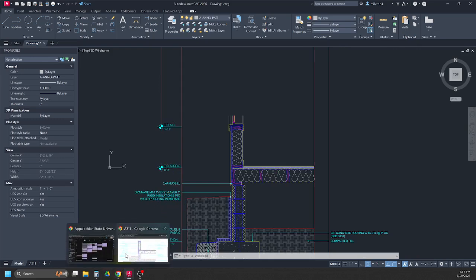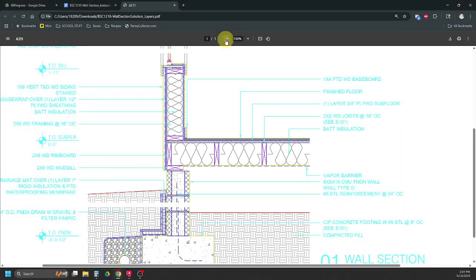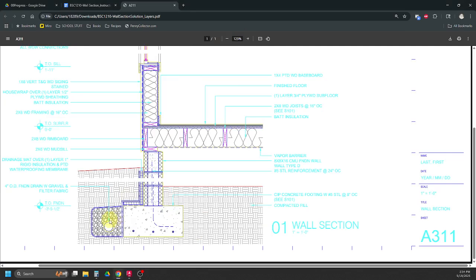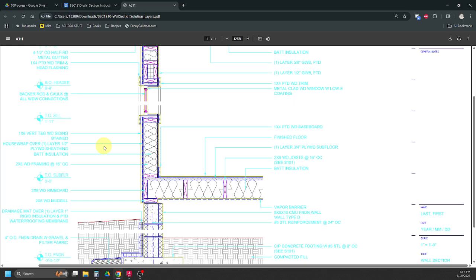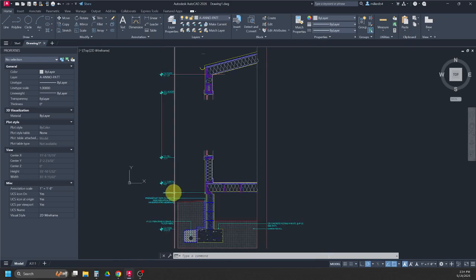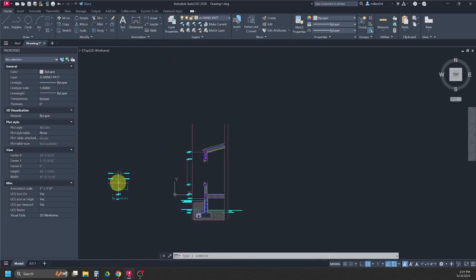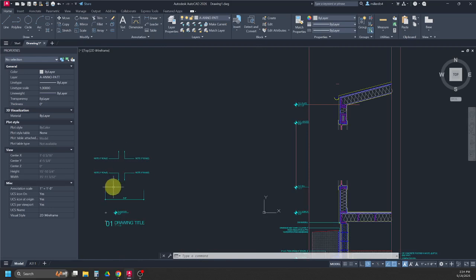A couple of other notes important to annotations is that you never want to cross any of these arrowheads. So you'll see that as I'm working my way up, none of these arrowheads are crossing. And of course, anything related to the exterior is on the outside of the building, and anything related to the interior is on the inside. So you have a few options of putting in these leaders. One being that over here, we have